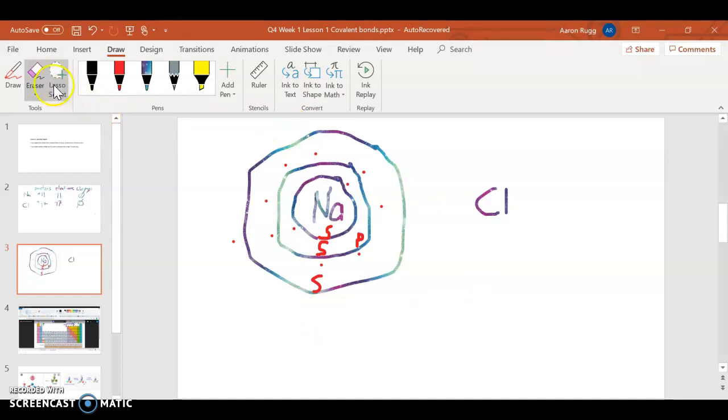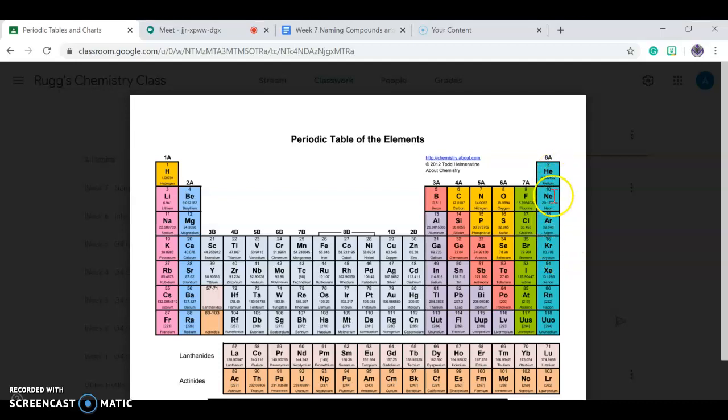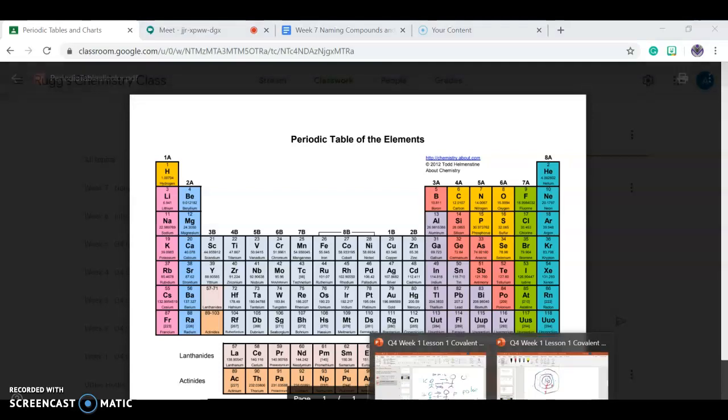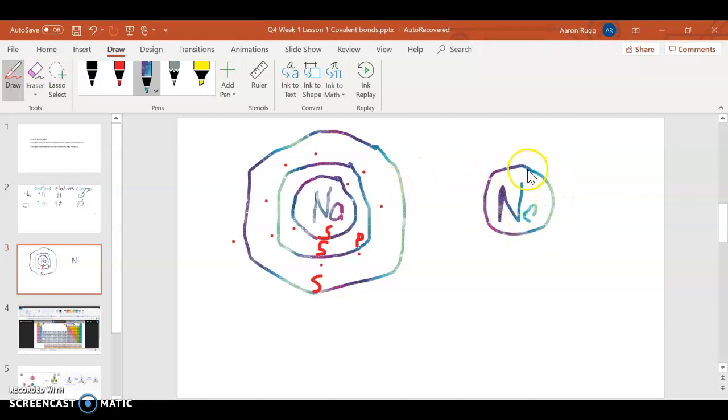Now, let's take a look at another atom. I'll do it right next to it. Let's look at neon, which is a noble gas. We know that noble gases don't react. They're stable. So let's take a look at this. Neon has the atomic number 10. So it has 10 electrons. Sodium has 11. So if I'm filling this in,